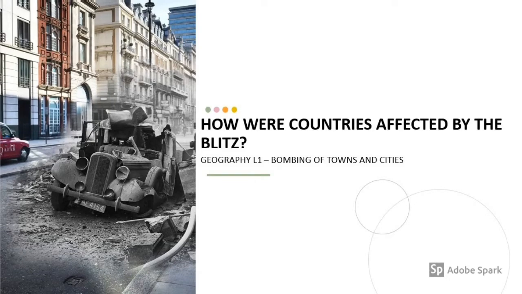In your topic lesson this afternoon, we're going to be thinking a little bit more about the Blitz and specifically how countries were affected by the events that happened. Last week, we were looking at how war begins and we were thinking about why Germany started the war, specifically why Hitler wanted to take back land that had been lost in World War I. This week, we're going to be focusing on some of the things that happened during World War II and how it affected the people that were having to live through this terrible time.